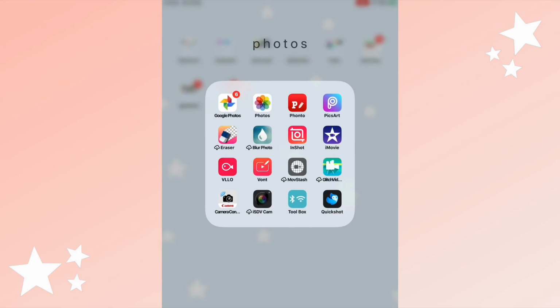iSDV Cam is a connection between my GoPro and my iPad, and sometimes it works, sometimes it doesn't. Toolbox is a really good app, and if AirDrop isn't working, or you've got a friend who's got an Android and you've got a tablet or an iPhone and you want to get between them two without sending big files on messages, you just have to connect on the same Wi-Fi or use Bluetooth,